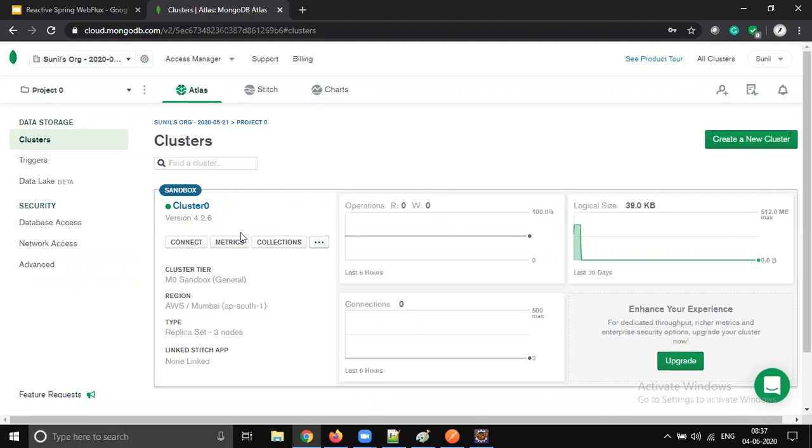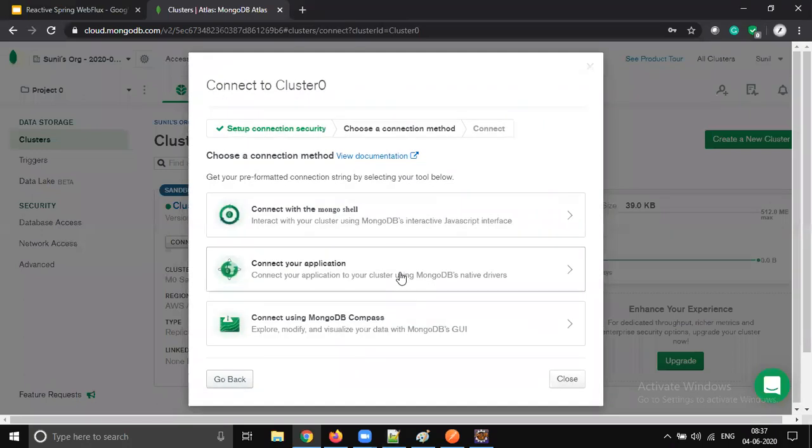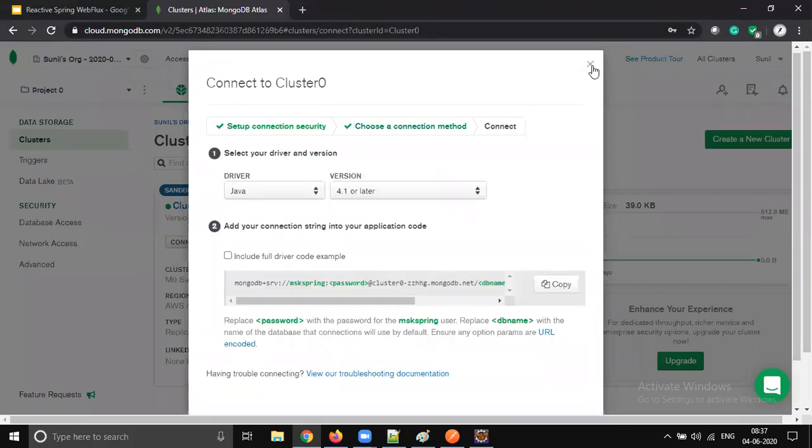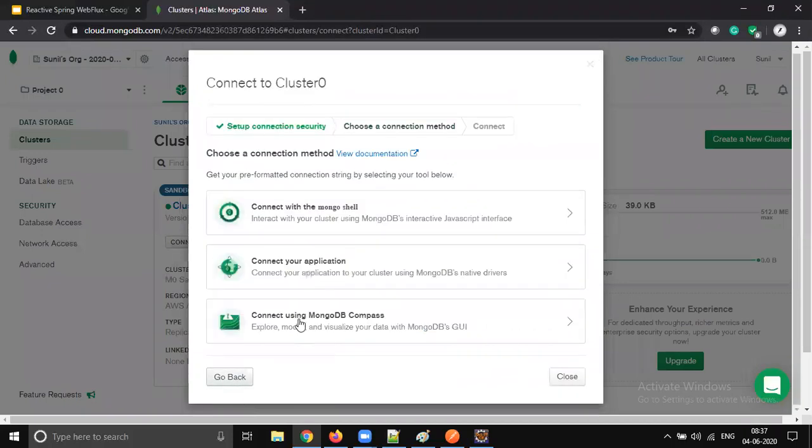First we need to download also, right? You don't need to download anything, Anshul. It's a cloud. Compass is there, right? MongoDB Compass is not required. We will directly connect from our application. If you would like to see the database in UI format, then you need to download Compass. We are going to connect from the Java application, so that's why we are choosing this approach.